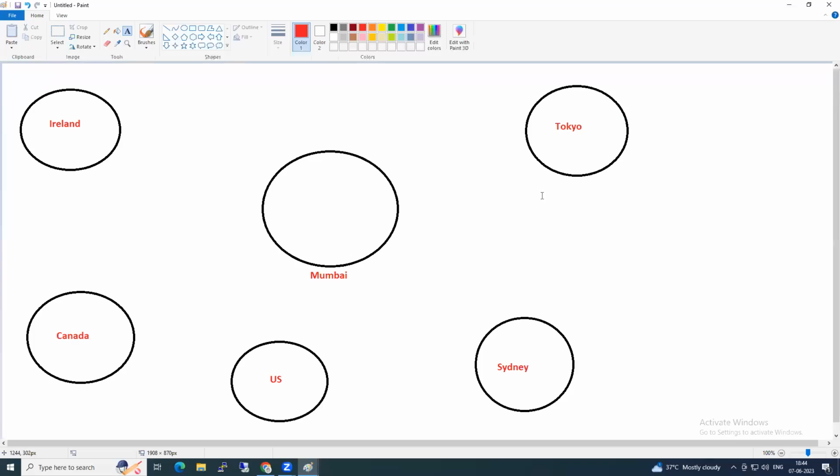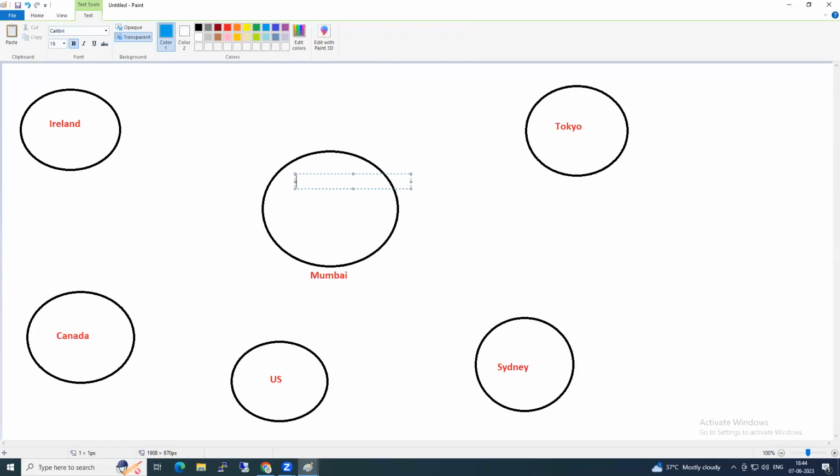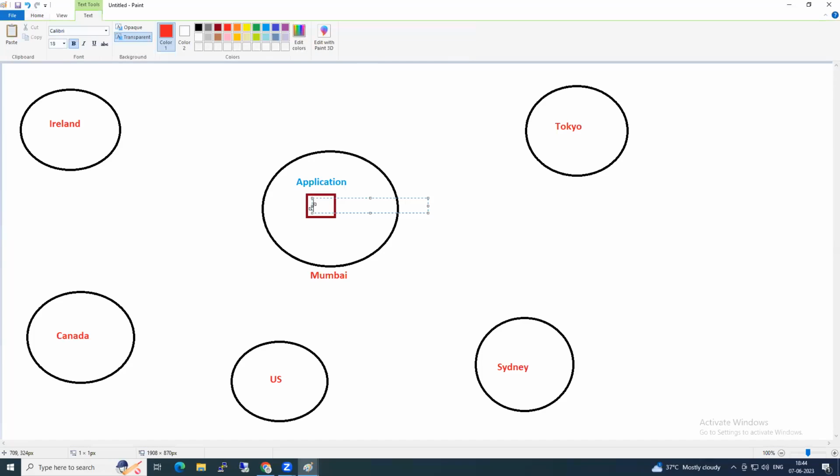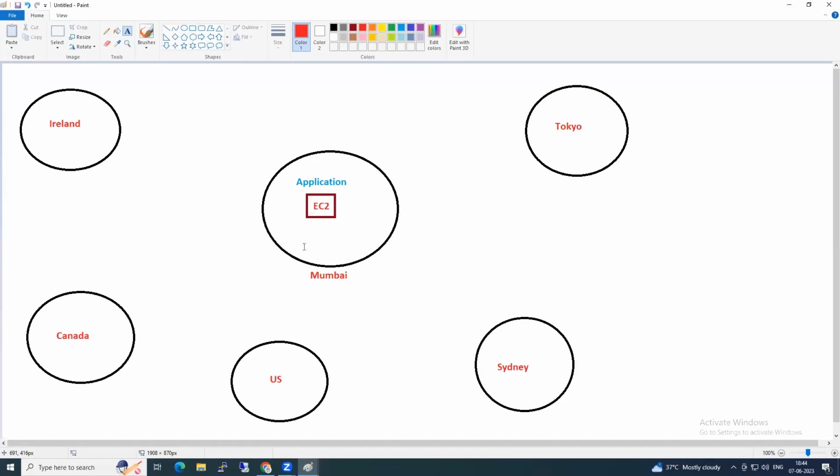Okay, guys, listen carefully. I'm putting an application in the Mumbai region. I launched the EC2 instance here, set up the EC2, and put the application here.